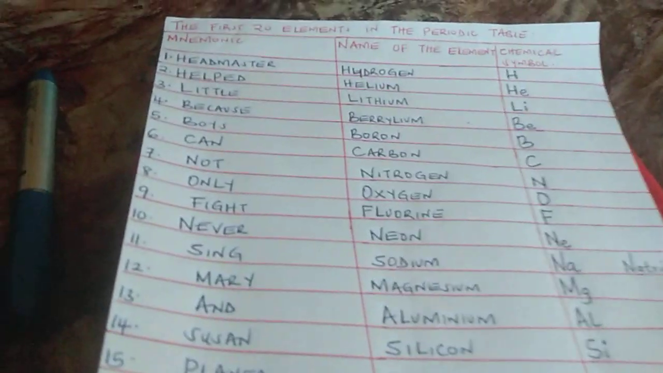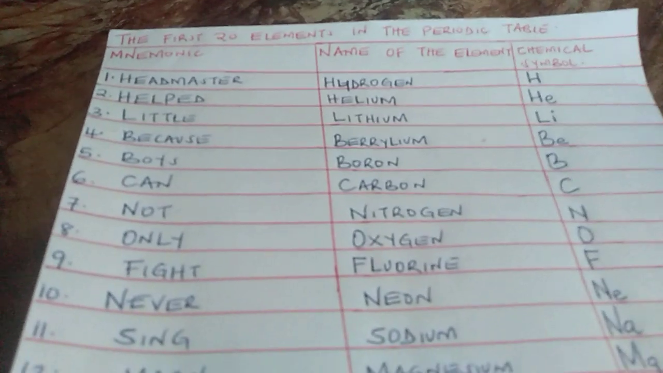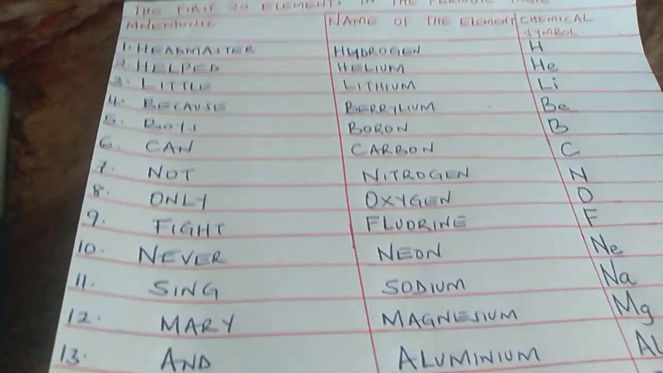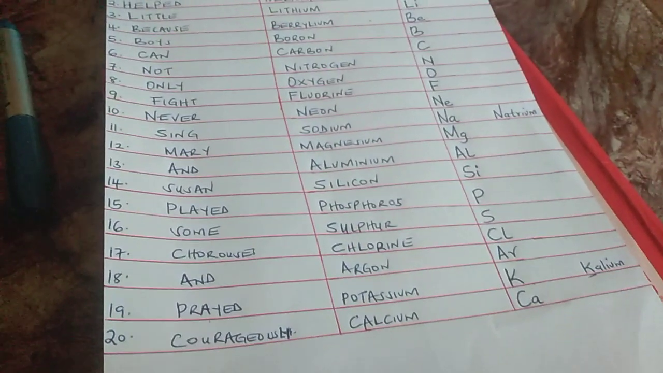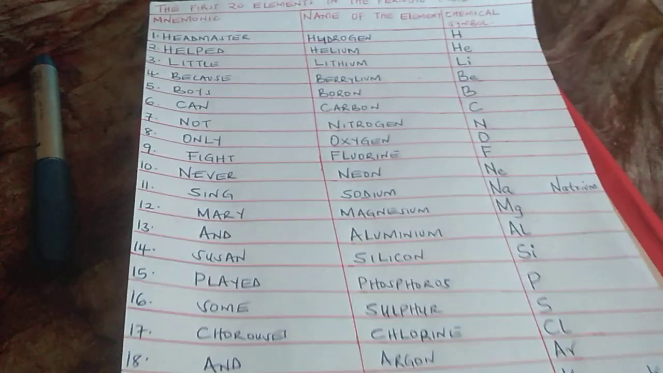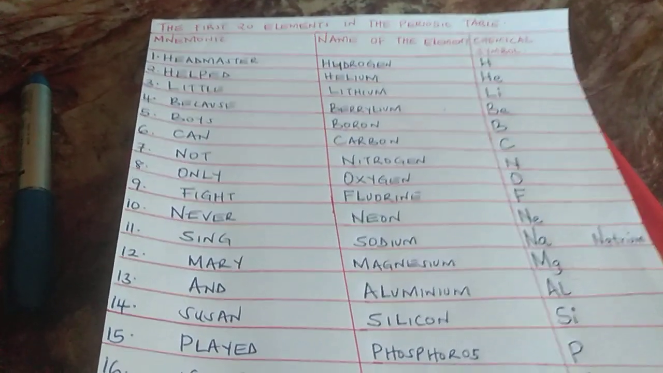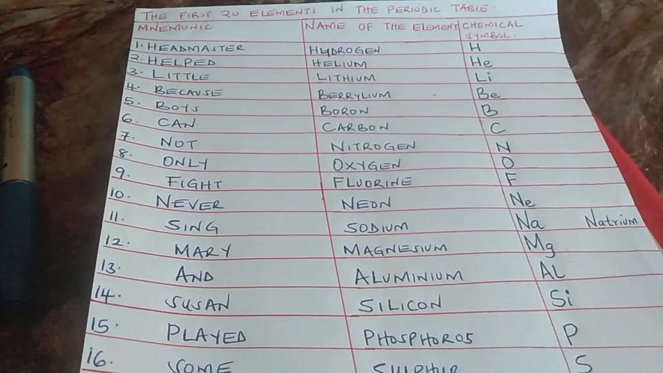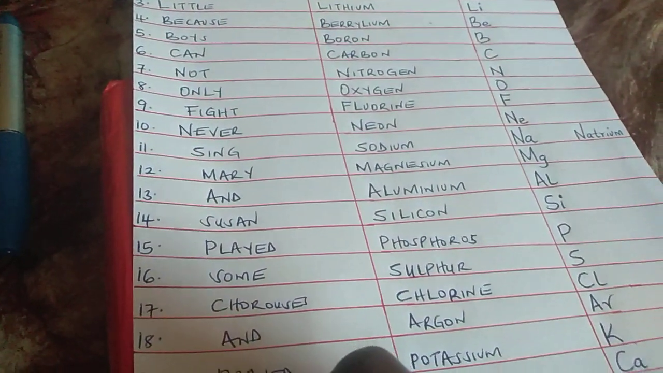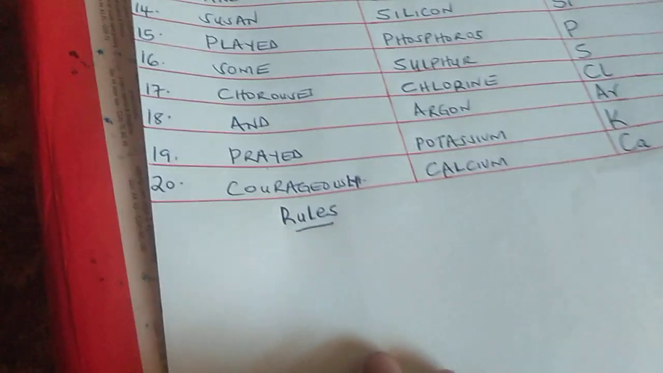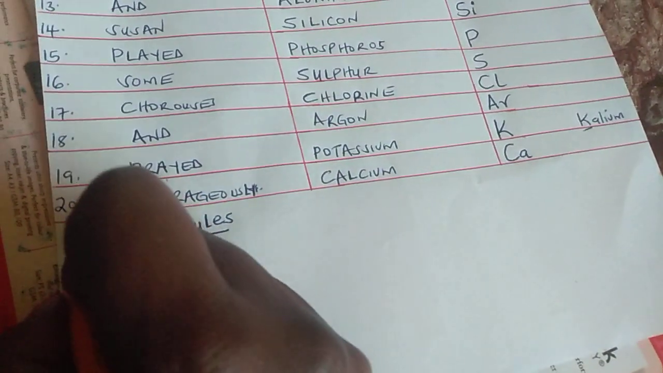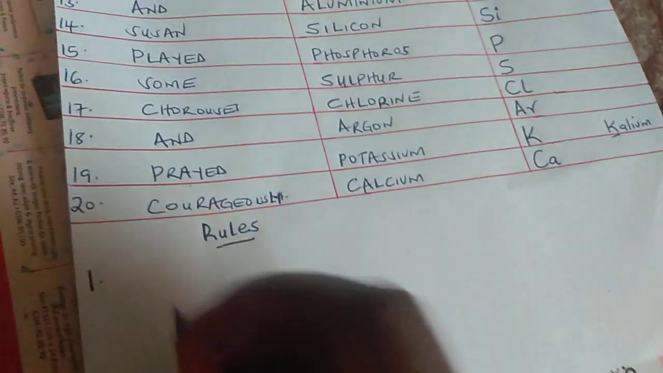So there are those things as a student that you are supposed to take into consideration, ama vitu lazima ukumbuke wakati wowote unapoandika the chemical symbols. So kwa ufupi tutatengeneza rules. So number 1 tumesema